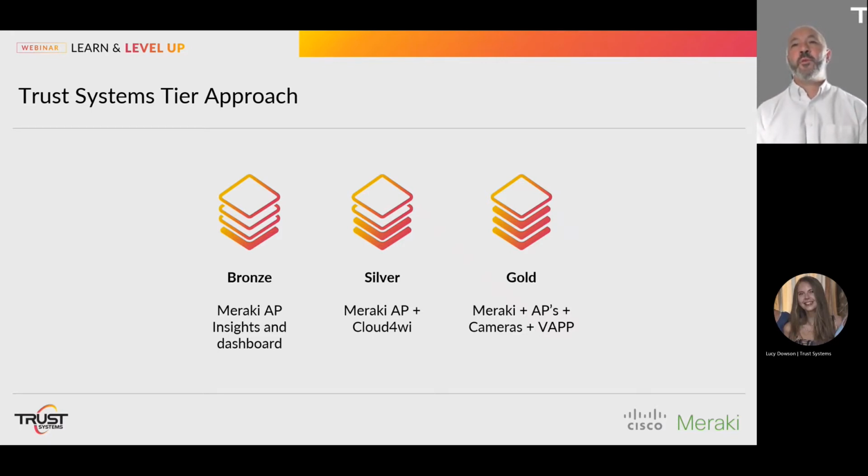So as I mentioned, we're going to be looking at the access points, some of those software and how they can come together. So within our experience of dealing with customers, we know one size doesn't fit all. There isn't a single solution that's going to be cookie cutter for every single business. But we've tried to simplify our approach to providing that customer insight into three simple buckets, very aptly named bronze,